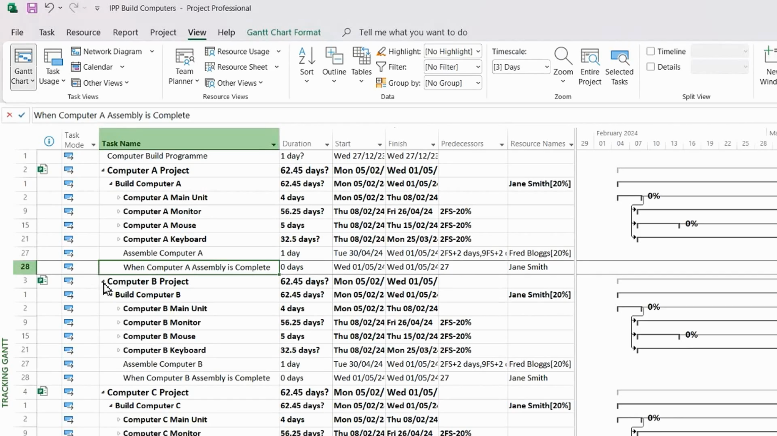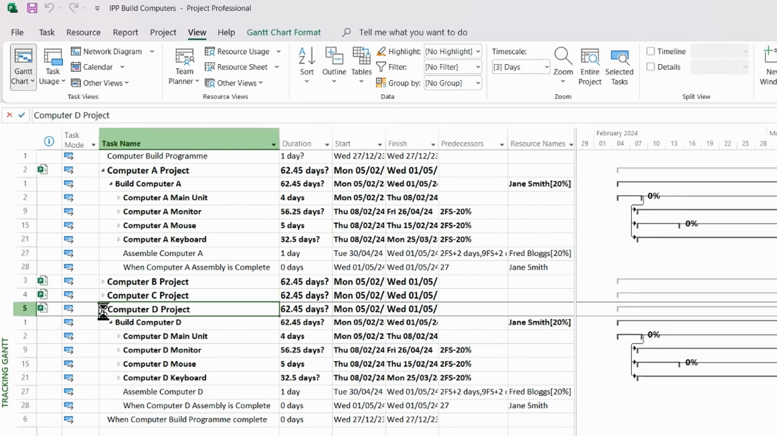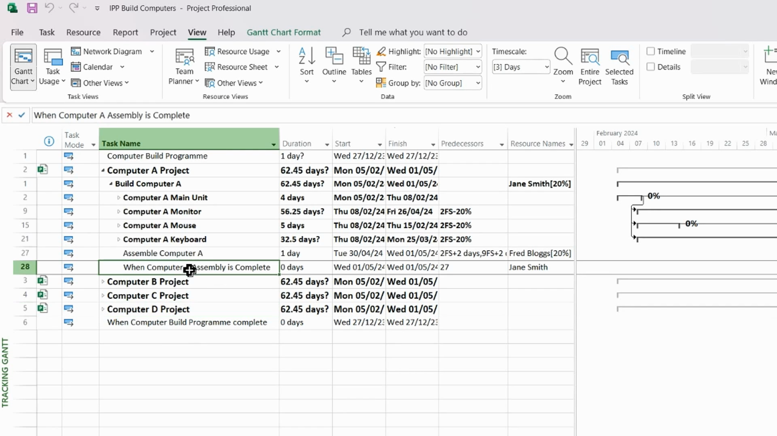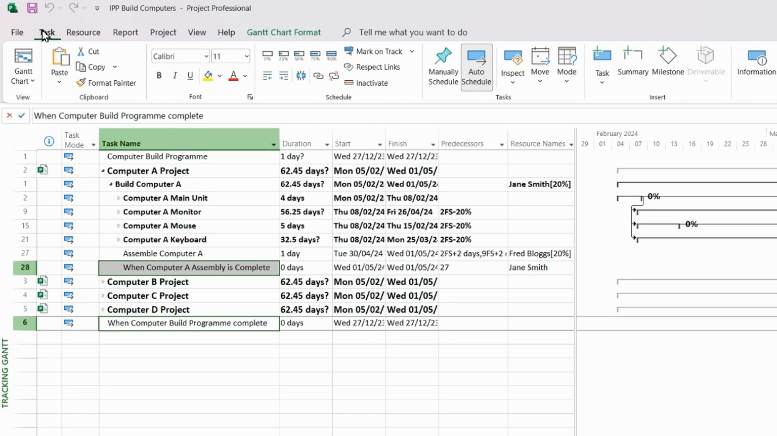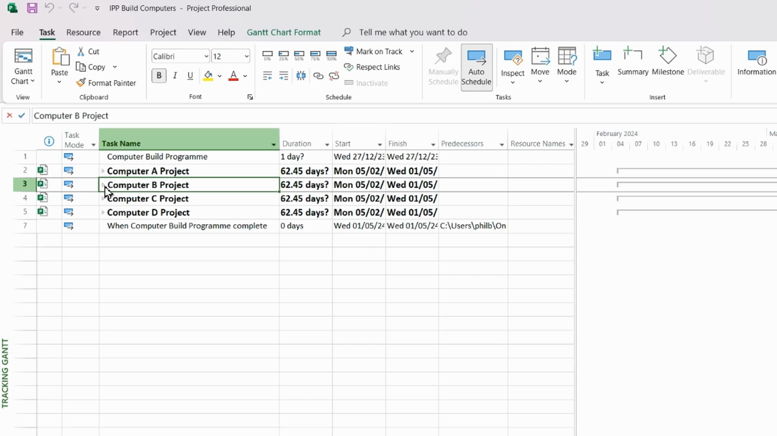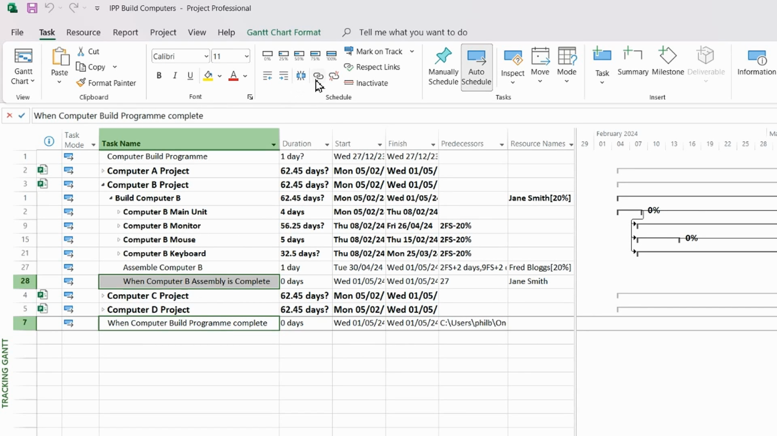So I'm just going to shrink these down for a second just so I can see them. And I'm going to link this milestone to this milestone. So when that's complete, I'm going to link it to this as well. I'm going to select that with the control key, and then on the task ribbon, just hit link, shrink that down, then do computer B, do the same thing, link them,